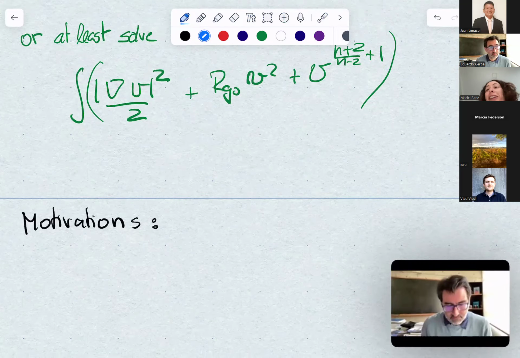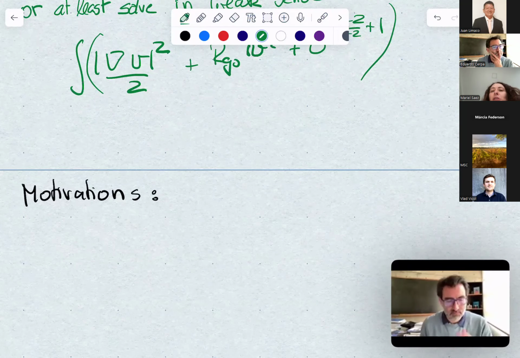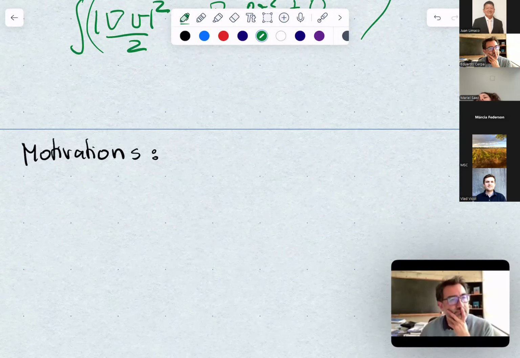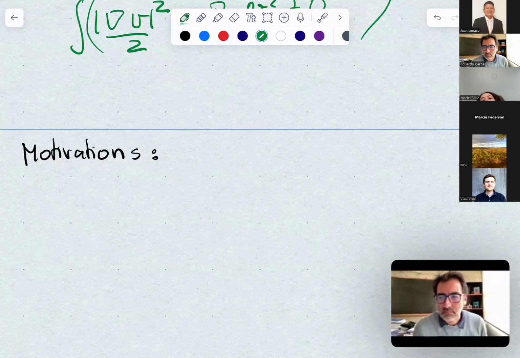So what are the motivations for this question? Let me tell you what are the answers that we know for these questions also. The main motivation at the time, this was originally posed by Yamabe in the 60s. What he had in mind was the geometrization conjecture. And in dimension 2, we have the uniformization theorem that relates geometry and topology. So in dimension 2,